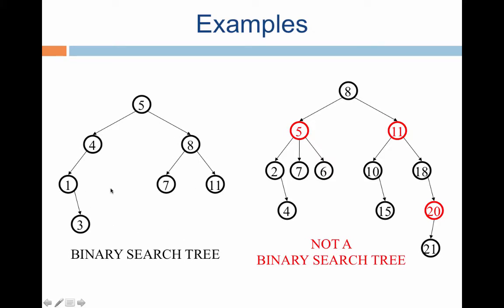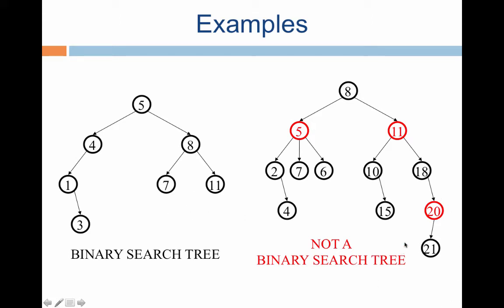So this, as you can see, is a binary search tree, and the way to do this is that you have to look at the tree structure. Yes, it is a binary tree. Every node has at most 2 children. There is a well-defined right child, a well-defined left child, no right child, and so on and so forth. Now let's look at the search property. All the keys here are less than 5. All the keys here are more than 5. At every node, you can verify the properties. As you can see, all the keys to the left of 4 are 1 and 3, and they are smaller than 4. All the keys to the right of 5 are larger than 5, and so on.